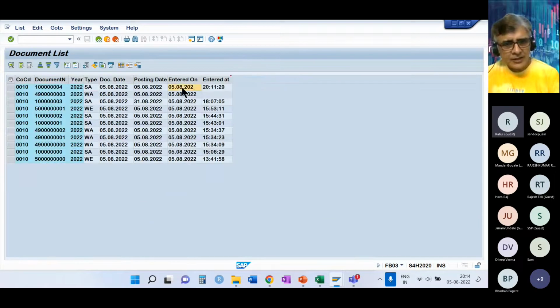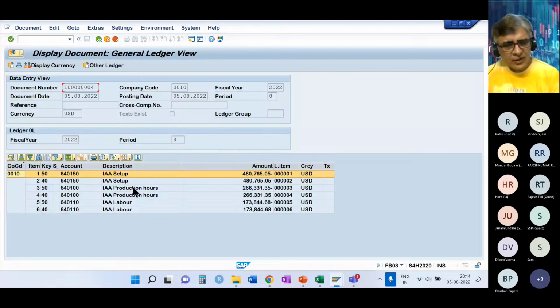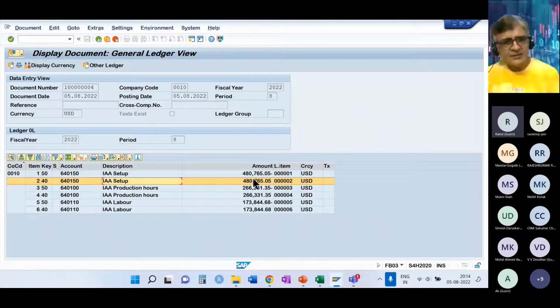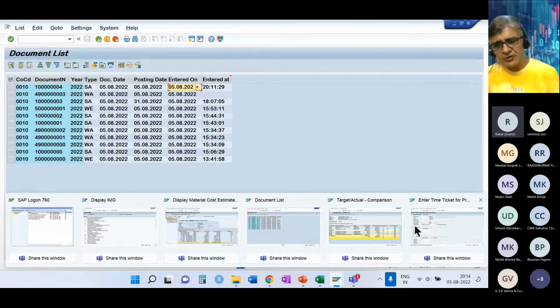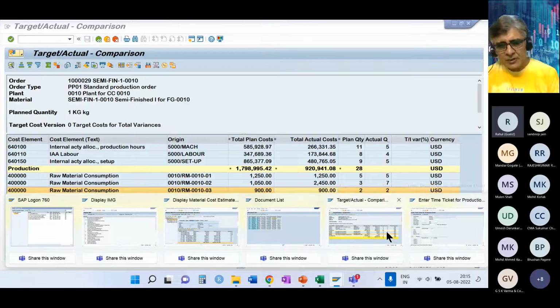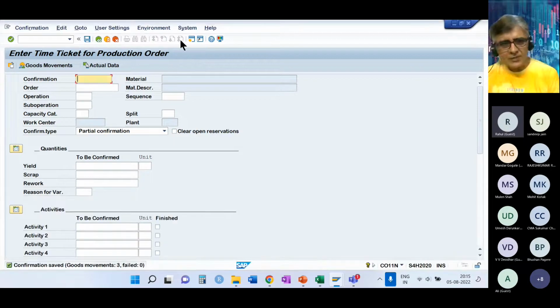The second entry is relating to the activity. So you see the account debited and credited are the same. So in finance, it has 0 impact. But it is just for the purpose of integration that SAP has passed this entry, but the impact is 0, because the same amount is debited and credited in the same account. So this is relating to activity. So 2 accounting entries have been passed with that confirmation that we have done. And now we go to the material ledger and see what has happened in the material ledger.